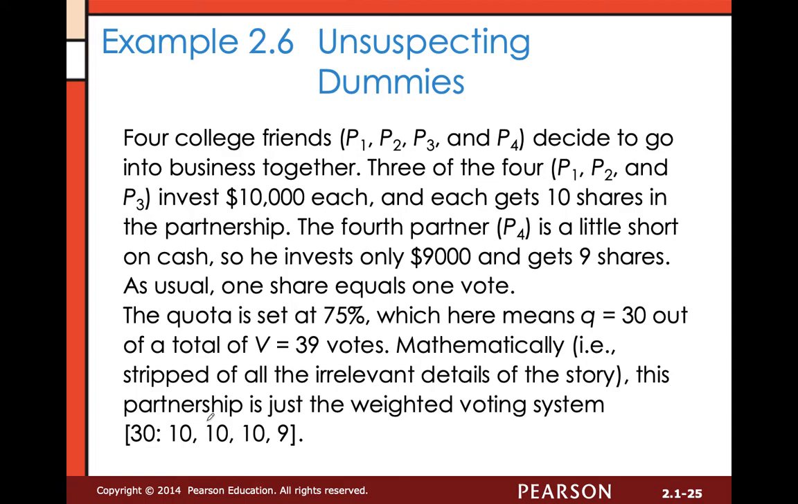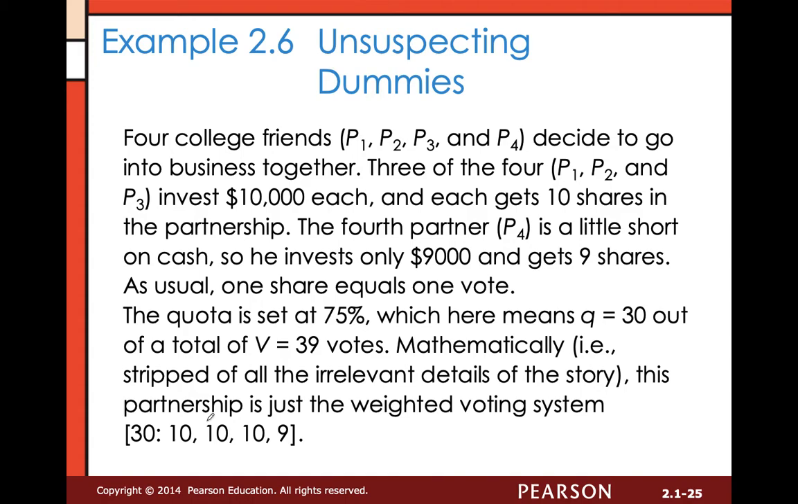So you've got 4 college friends, P1, 2, 3, and 4, who decide to go into business together. 3 of the 4, P1, P2, and P3, invest $10,000 each, and each get 10 shares in the partnership. P4 is a little short on cash, only invests $9,000, gets 9 shares. As usual, 1 share equals 1 vote. The quota is set at 75%, which here means that Q would be 30 out of the total of 39